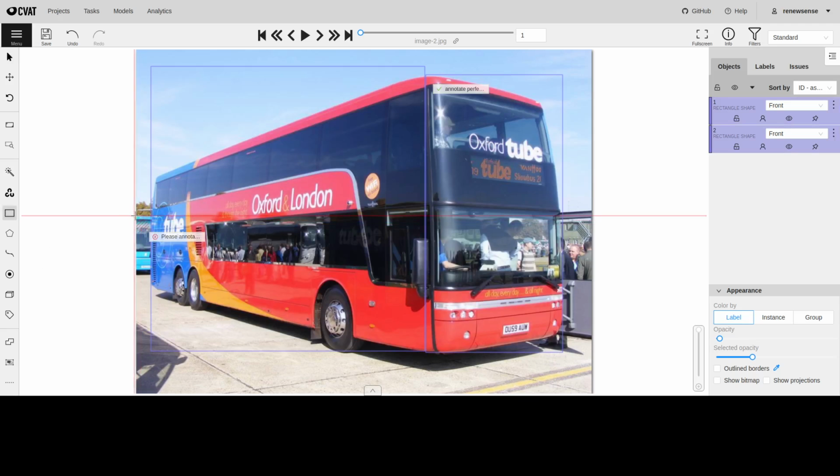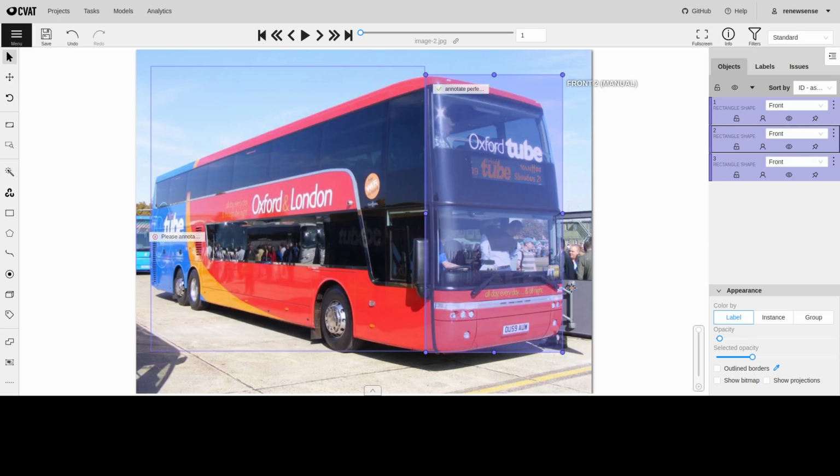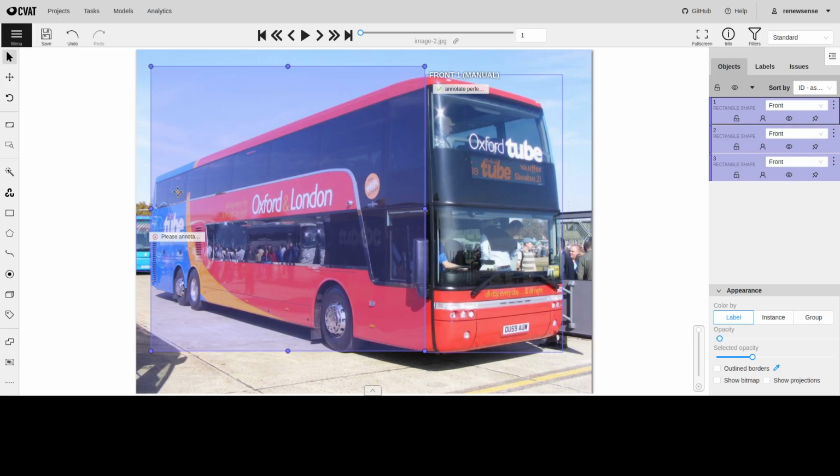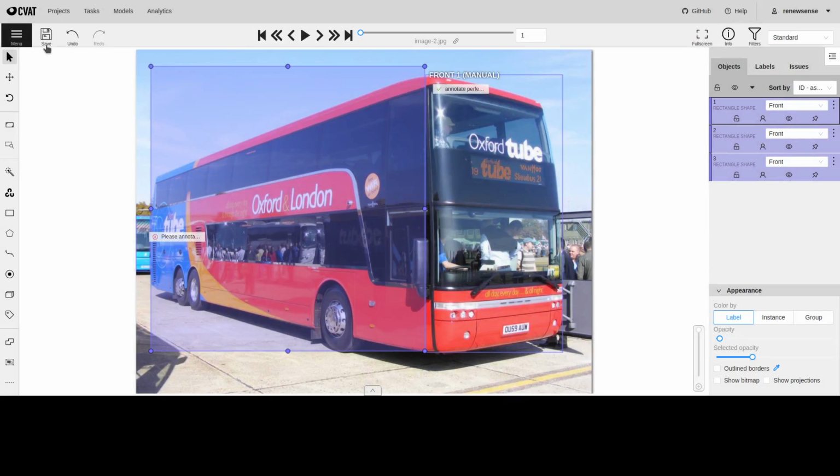Just click on N, create a small annotation, click on N again. So you have that, that is front. Just choose whatever is required, front. Once you feel that everything is done, and you are confident that the review and the second annotation are also done, you can click on save again. Don't forget to save, it is very important. You will lose everything. Once you save, you can click on finish.